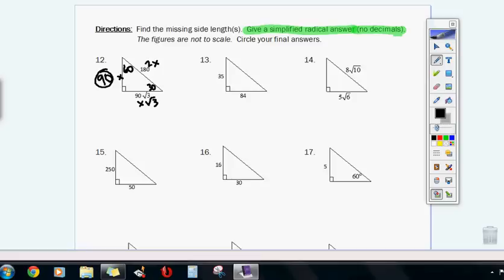I'm going to change my pen width a little bit here. All right, so moving on to number 13, I always want to try to recognize a family if I can. So looking here, I know all of my families, 3, 4, 5, 5, 12, 13, and there it is, the 5, 12, 13 family. So 5 times 7, 12 times 7, and then 13 times 7